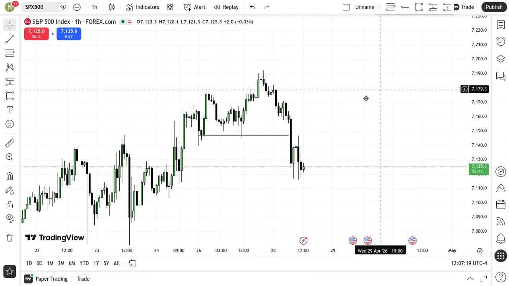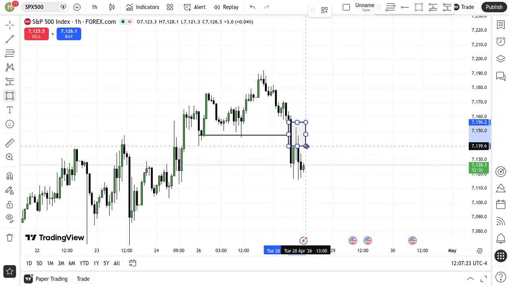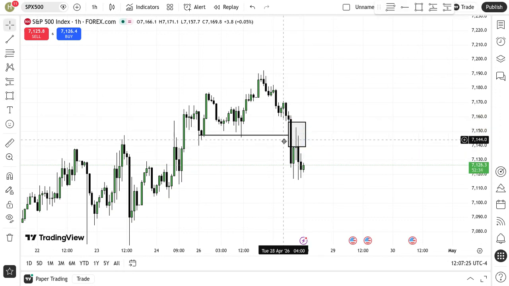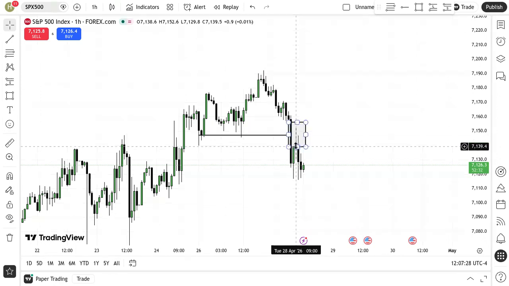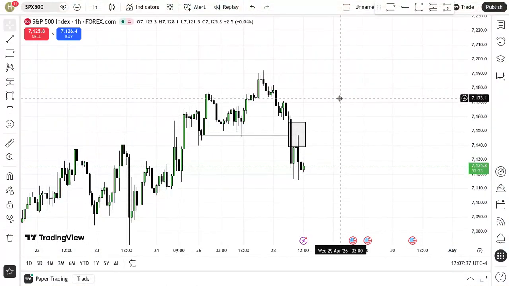Remember, the next step is looking for a 1 hour time frame fair value gap. Do we see one? We do. Right here we have a 1 hour fair value gap. We look for price to retrace back up into this gap. So once we drop down to the 5 minute time frame,